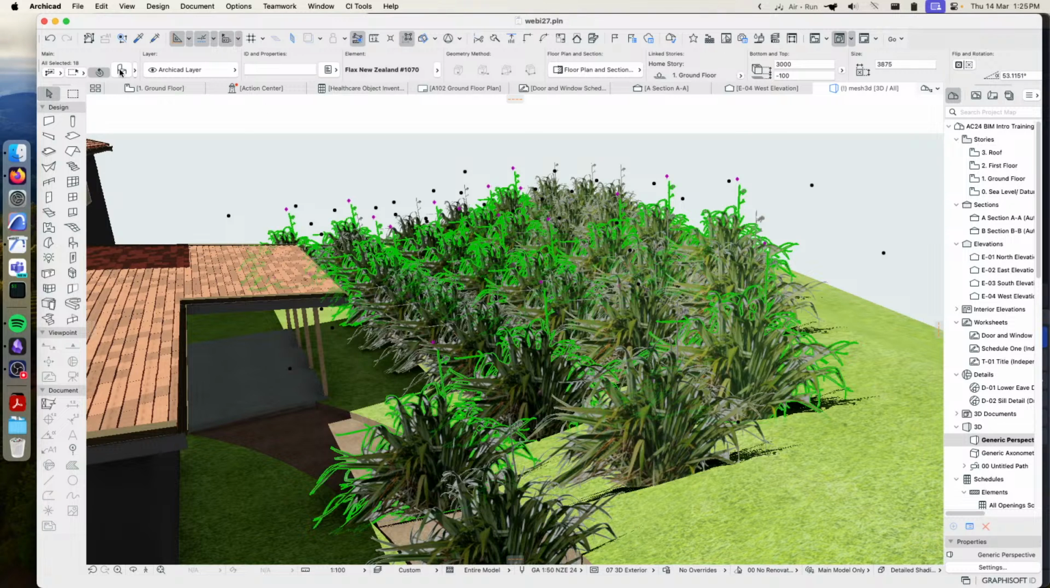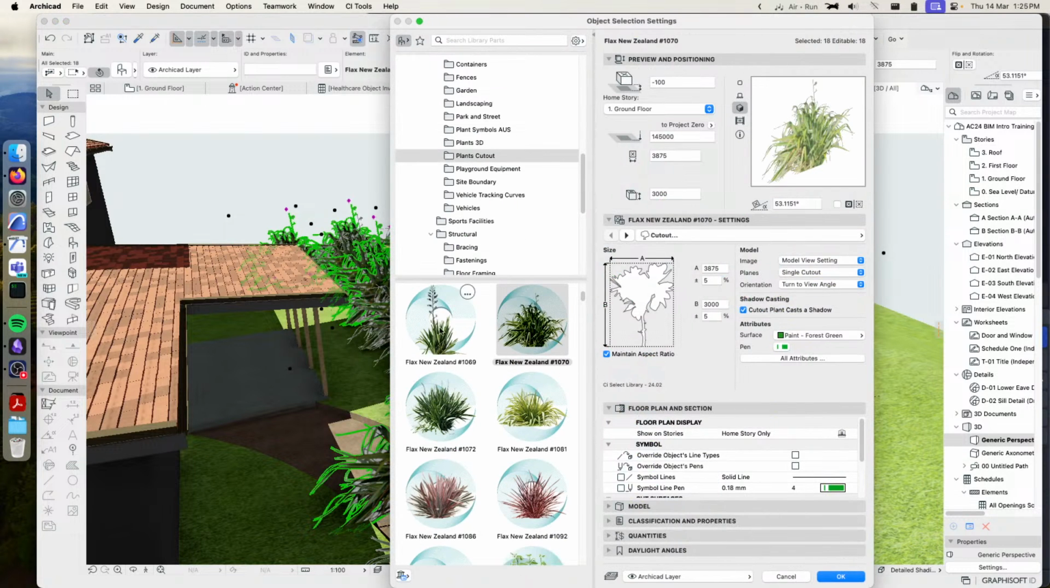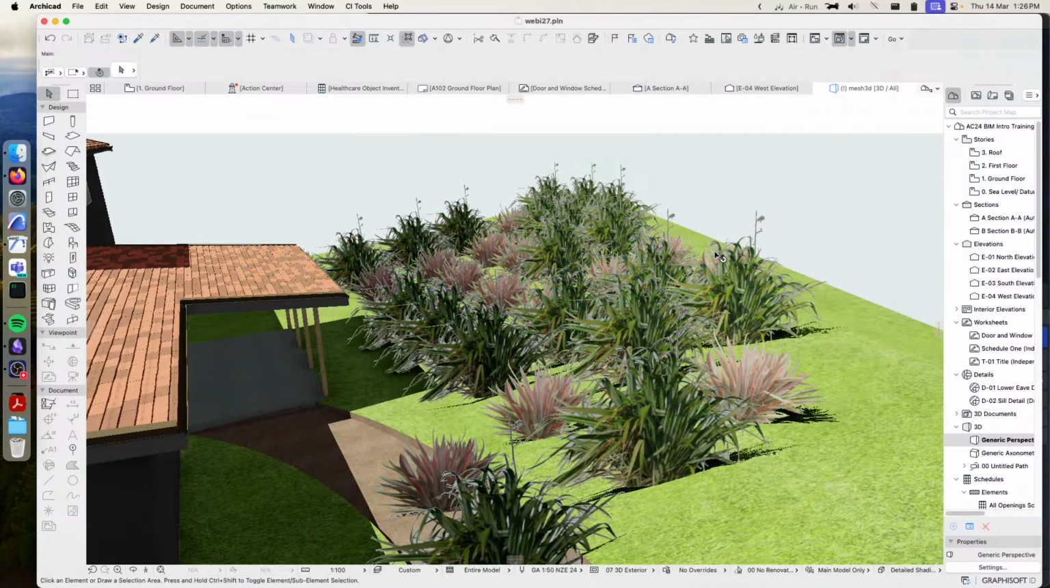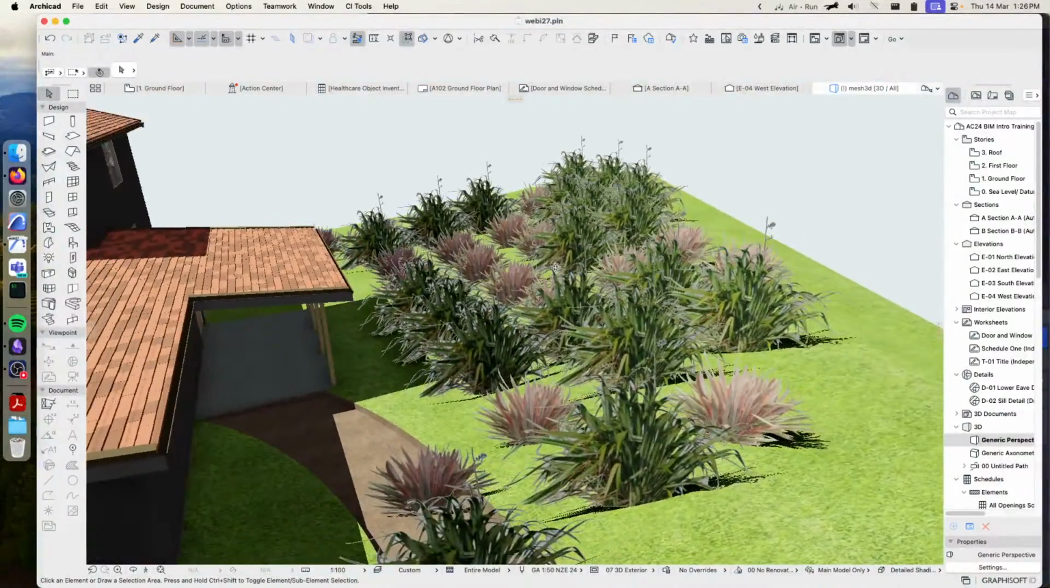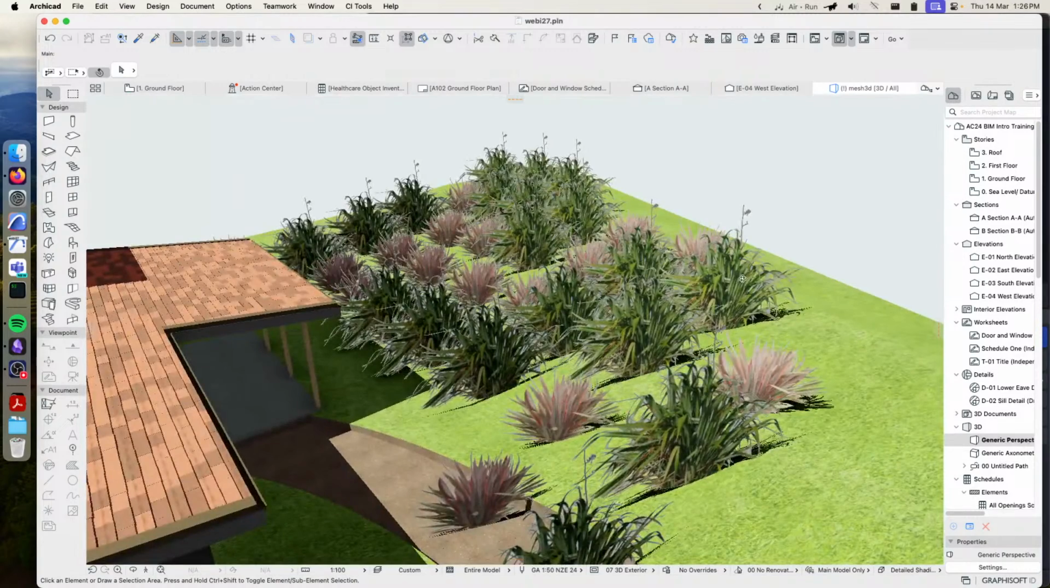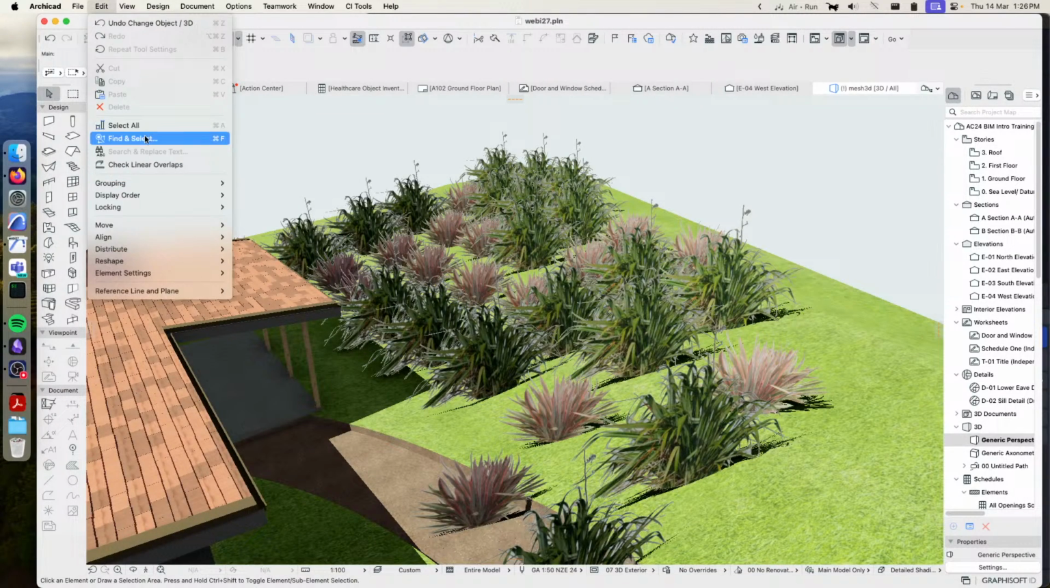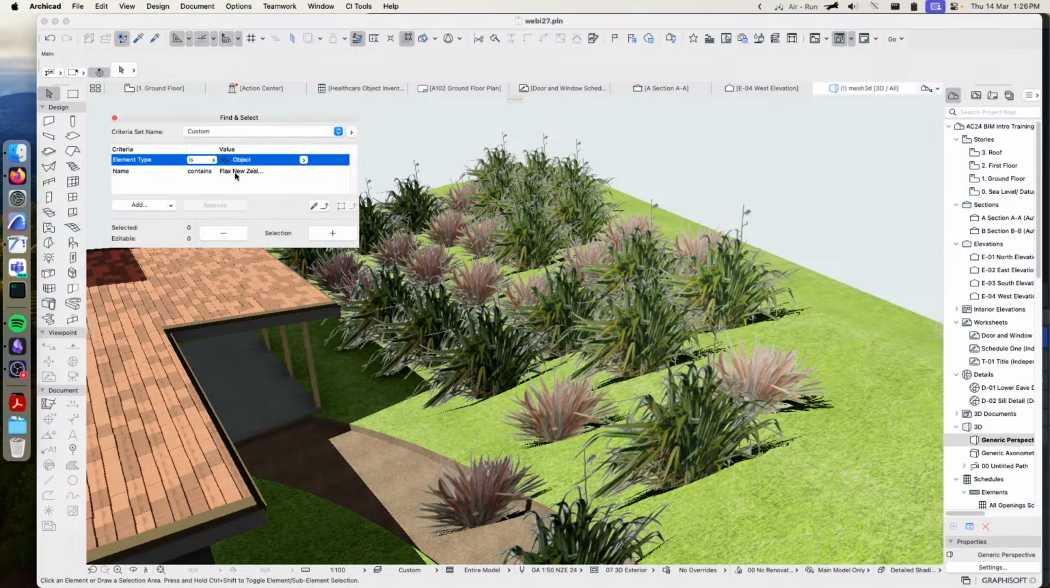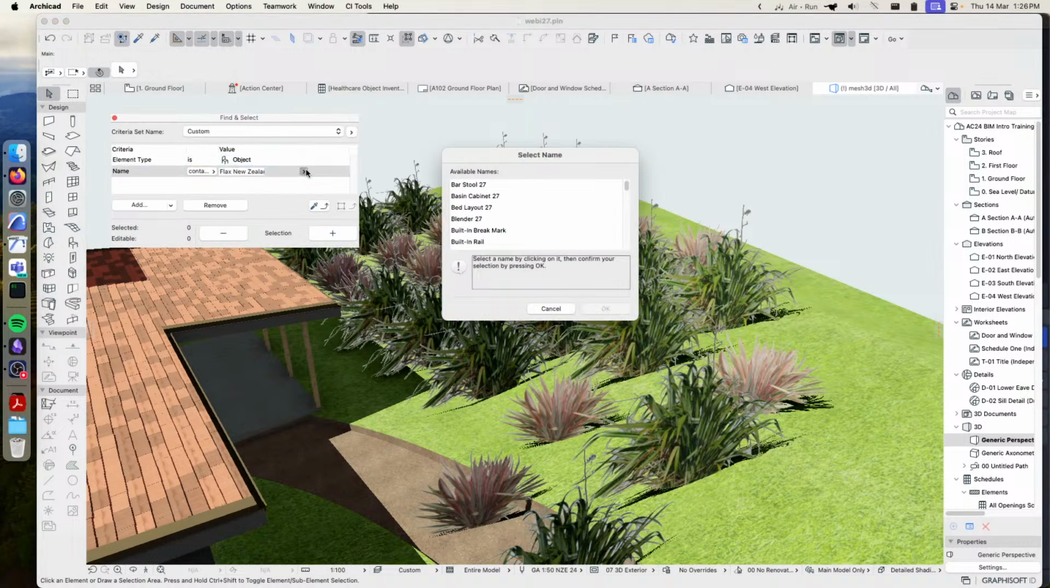We've got a random selection going on, and now that we have those, we can come in here and we can switch those to a different object, and it will go ahead and do that. So now we have a nice bit of variation going on there, and you can do this as many times as you want. So we could go through and we could go find and select here again, say that that contains